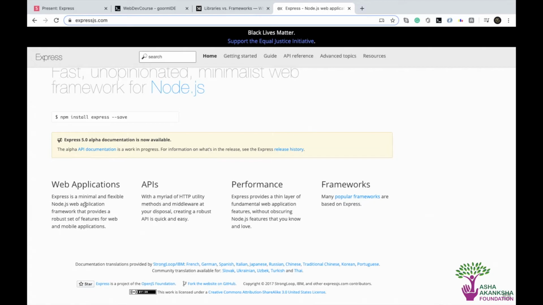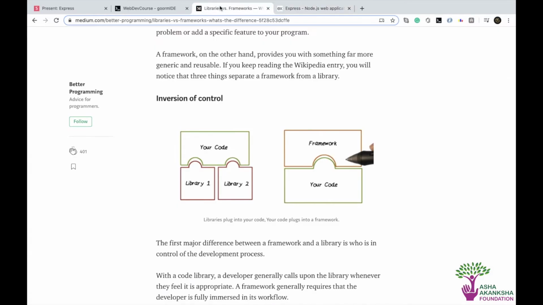And again, this might be really confusing for you at this time, that how will this actually happen if some pre-written code is to control my code, then how can I expect it to work exactly like I want it to, because everybody has different needs for the site, right? But that you will see when we actually study Express. But as long as you can understand this image as soon as you see it, you're good to go for now, right? And I hope you can, because this is a difference that you should know.